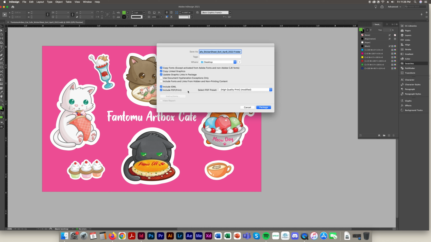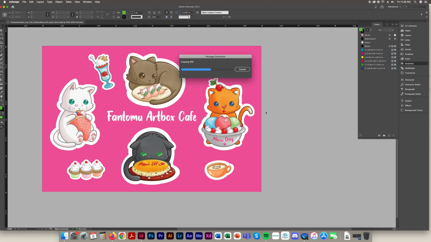You want the fonts, you want the links, you want the updated links in the package. You can click these if you want, you don't have to. You can also select whether or not the PDF should be high quality or small file size. That's totally up to you. I usually leave it at high quality. So if I package this and wait,